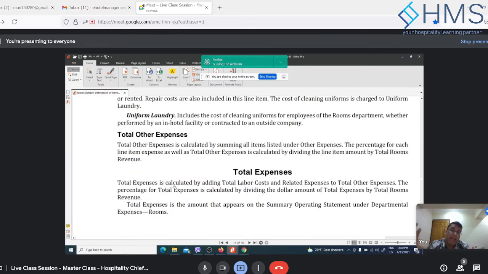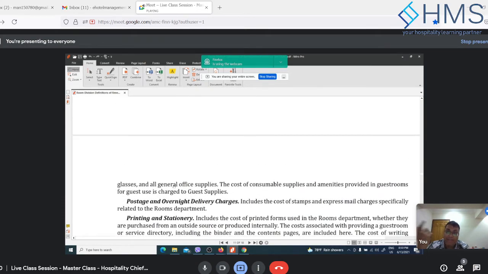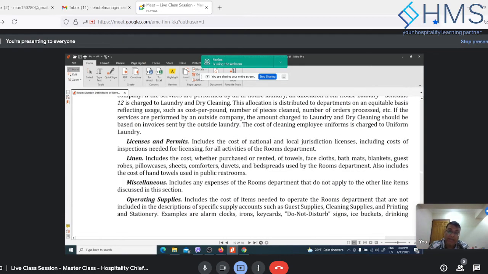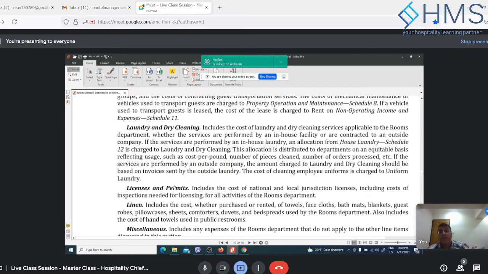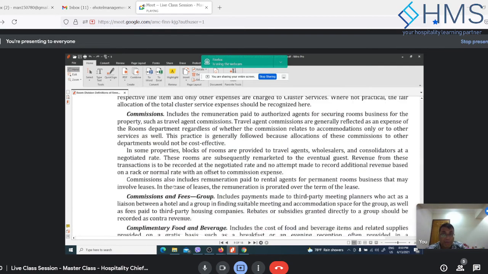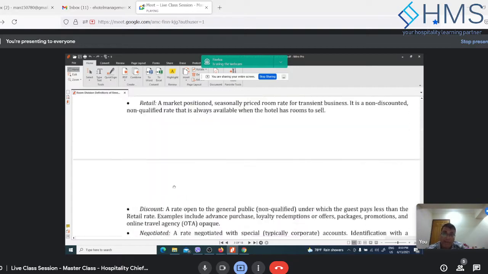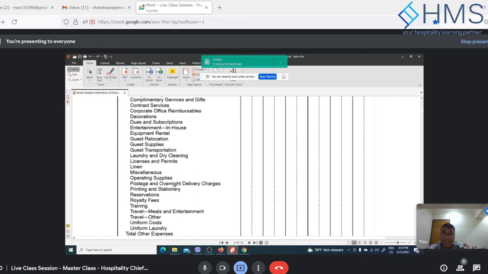So for any other type of expense, usually there is a line for it called miscellaneous. So you will put anything. Miscellaneous means if there's any expense which does not really fit into any of these fixed lines, then it will go into miscellaneous. So you cannot create any other new line of account, right? You should not be creating any new line codes. These line codes are predefined already, so you cannot increase them.